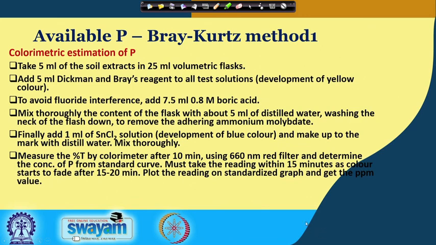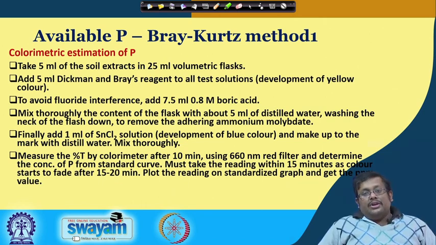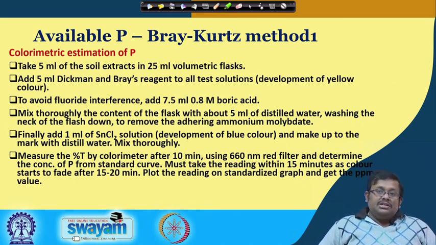Now, remember that once we develop this color, we have to use a colorimeter or spectrophotometer to measure the concentration, and within the spectrophotometer or colorimeter we use a monochromatic light to measure the concentration based on Beer's and Lambert's law. And what is Beer's and Lambert's law, we will discuss later on. Okay.